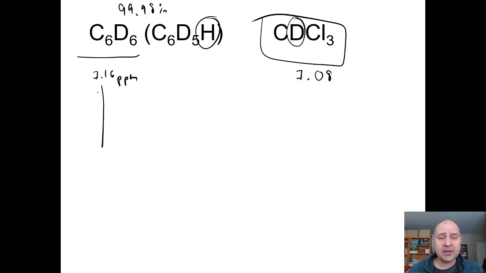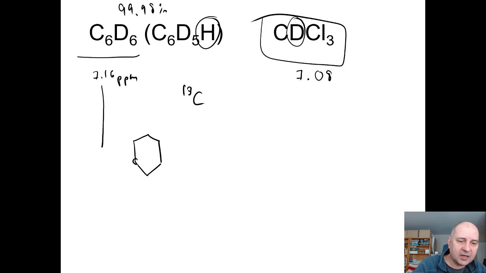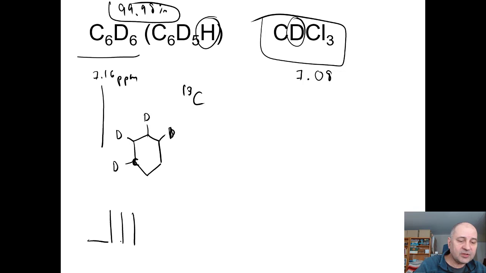But what will happen is if you run a carbon NMR, and so carbon-13 is what we use, and you have to collect more scans. If you took a spectroscopy course, you're probably sleeping right now thinking, yeah, I know. But what will happen is you now have a carbon signal. So you have benzene, and you're looking at carbon. Now the carbons are all equivalent, but each of these carbons, 99% of them, is connected to a deuterium, okay? And so you see this carbon that's coupled to a deuterium, and for benzene, you'll see a triplet